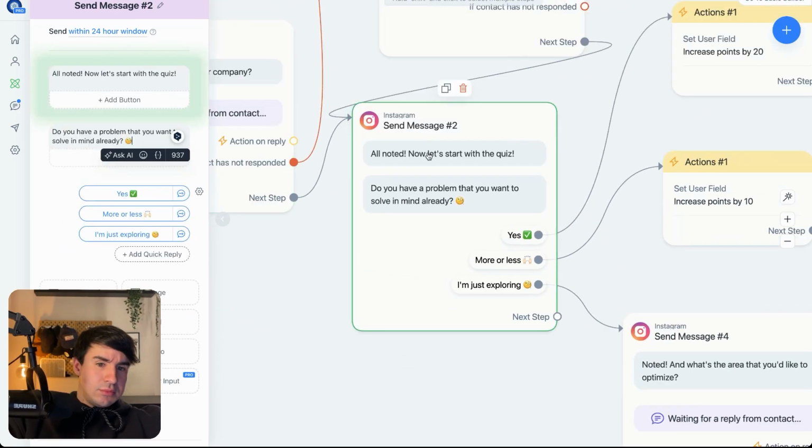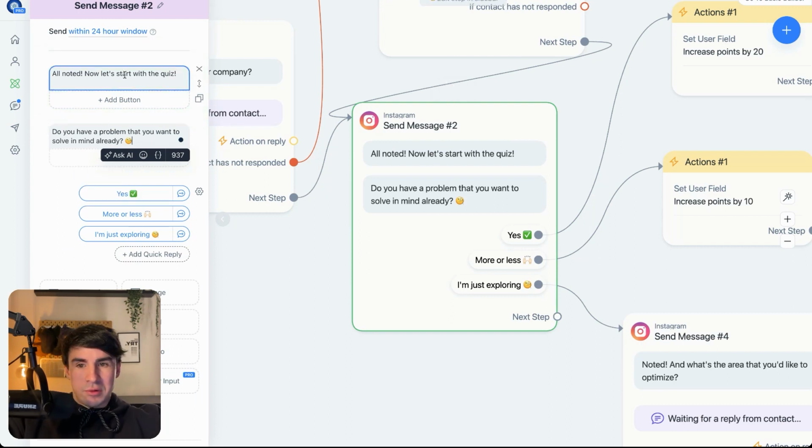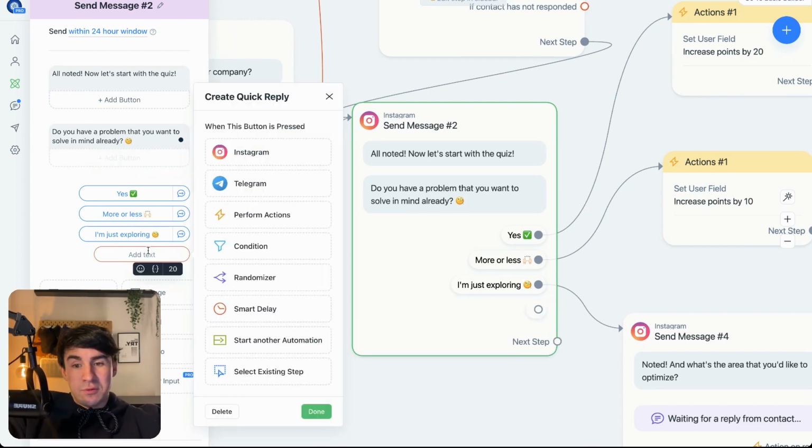So just for you to see how it works, it's very simple. Here we're going to have one message, but actually we can do everything at once. And here we're going to have different buttons. Okay, we're going to have the yes, more or less, I'm just exploring. And as I explained before, to yes we're going to assign more points, to more or less we're going to assign fewer points, and to I'm just exploring, we're going to assign the fewest points. So indeed, we just have to add here a quick